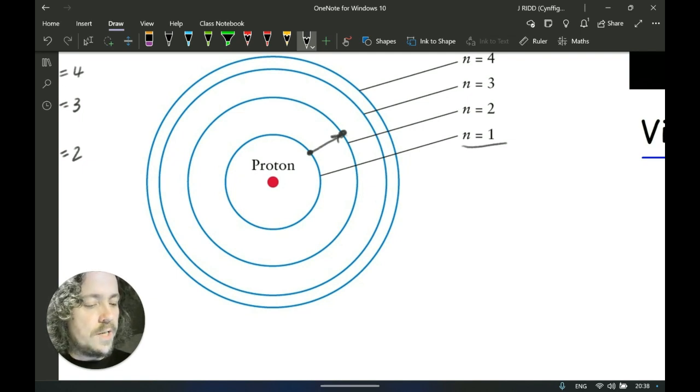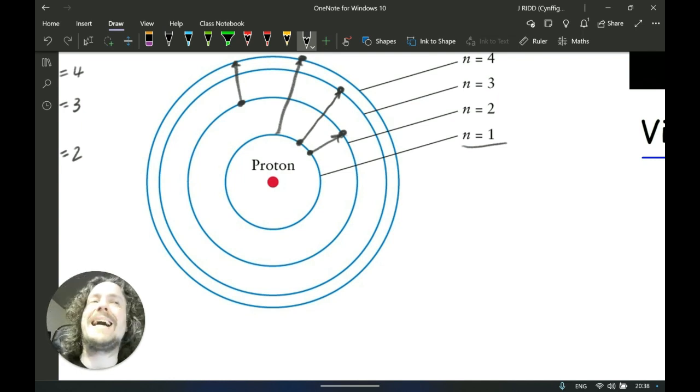And electrons can either jump from maybe n equals 1 to n equals 2, or it can jump from n equals 1 to n equals 3. And I think you know what's coming. You can go from n equals 1 to n equals 4. If it's already there, it could even go from n equals 2 to n equals 4, and all of the other permutations in between. But it cannot exist anywhere between those energy states.